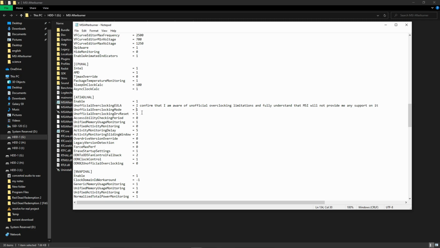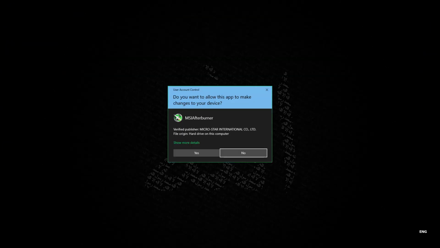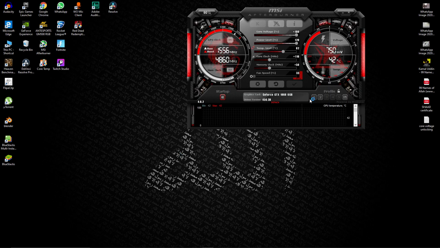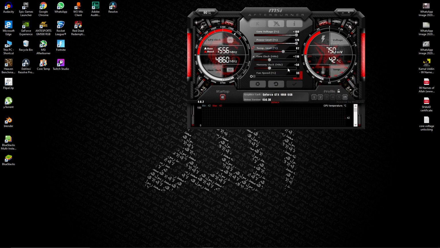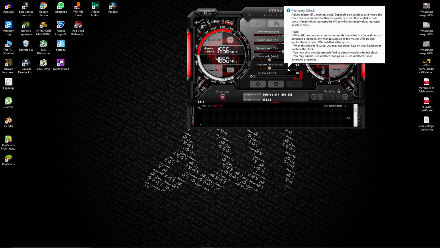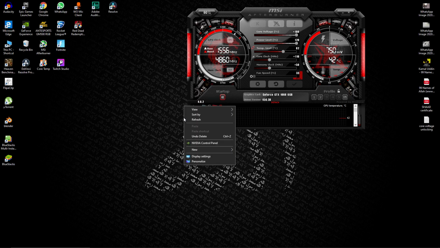Here you will find 0. All you need to do is backspace and press 1, and then save it. Save, exit, close the application, and restart it, hoping that this is the reason. And now maybe you can see your slider unlocked. But if it is not unlocked, don't panic. There is a third way and a much better way to do it. And remember, the settings which we have recently changed, don't change them back to default. Just let them remain as they are for now.